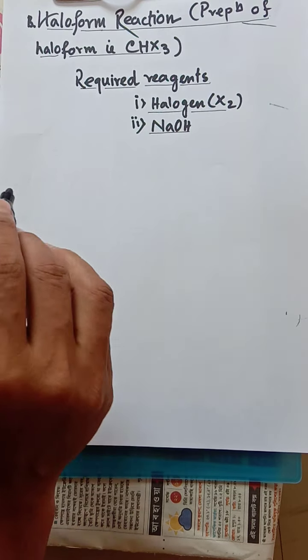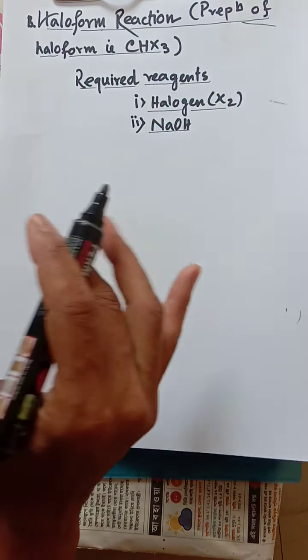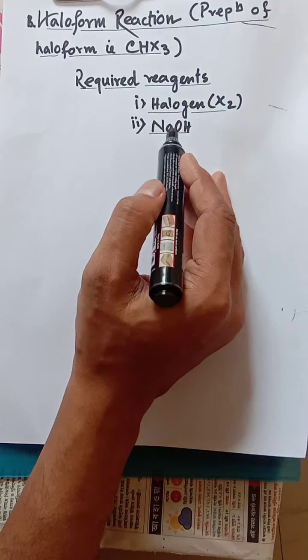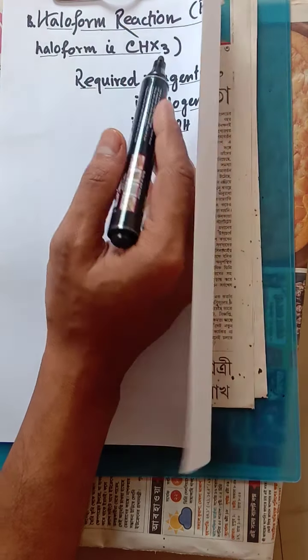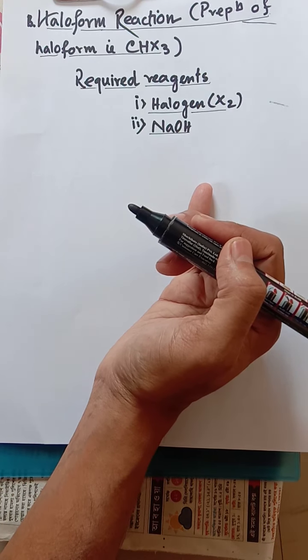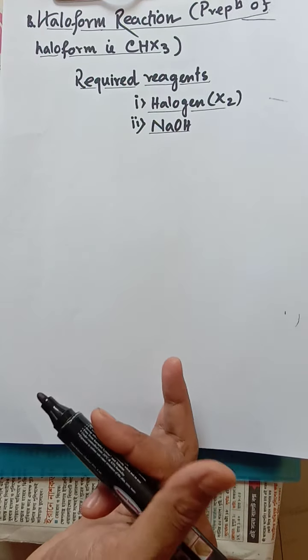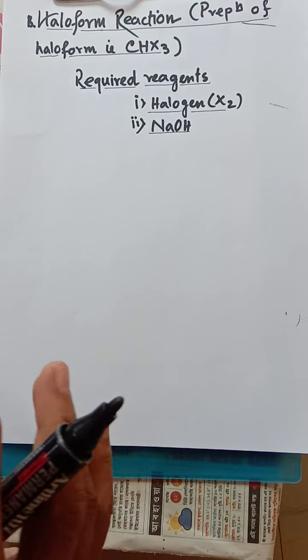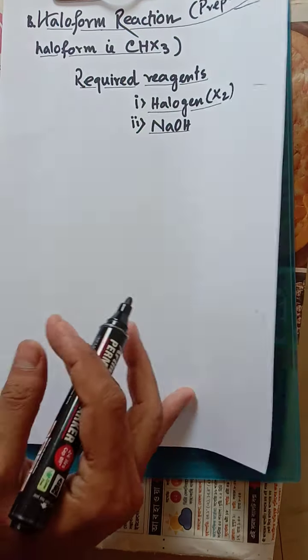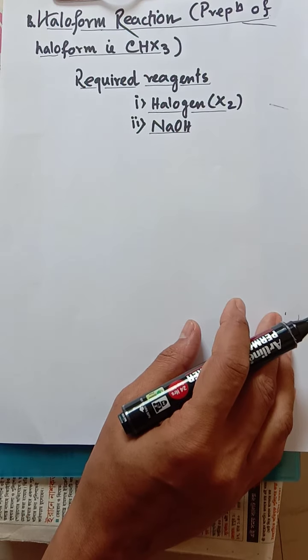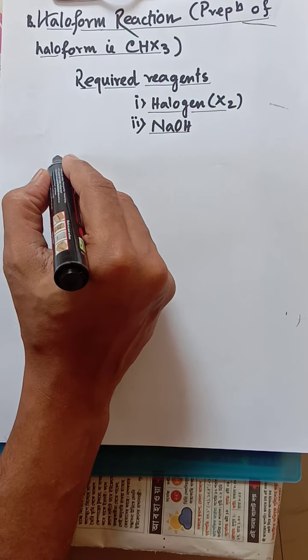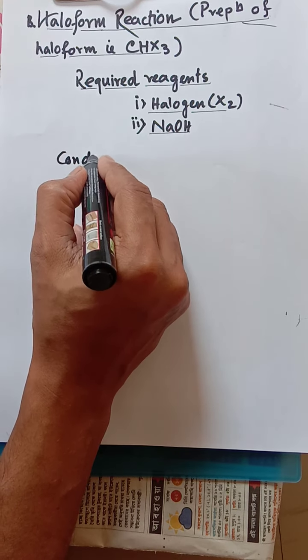Most of the time the iodoform test is mainly used. Why? Because in the case of iodoform, CHI3 gives a yellow precipitate, that means a visible change is there. If a visible change is there, we can easily identify an organic compound. But the main condition is which type of compound